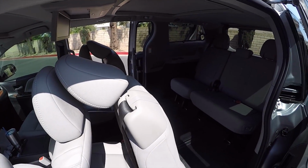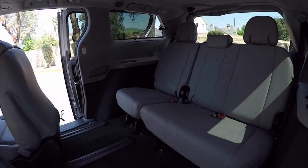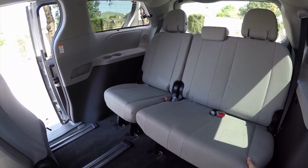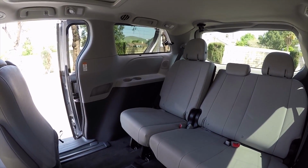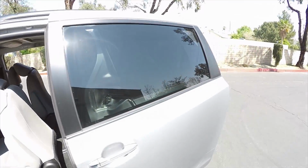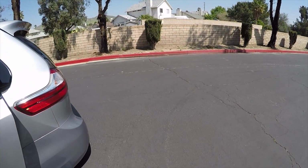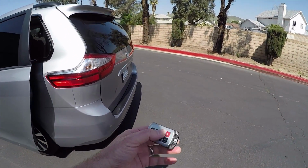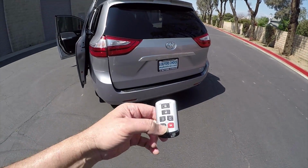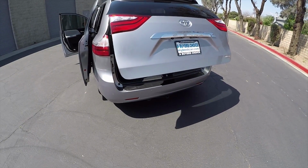And I mentioned these are power folding. They're power reclining, so if you're sitting in the back, you have a little switch down here, so you can just hit the switch and power recline the seats. But if you go grocery shopping, you've got the remote control. When you're walking up to the car with all your groceries, you hit the button, open the hatch,